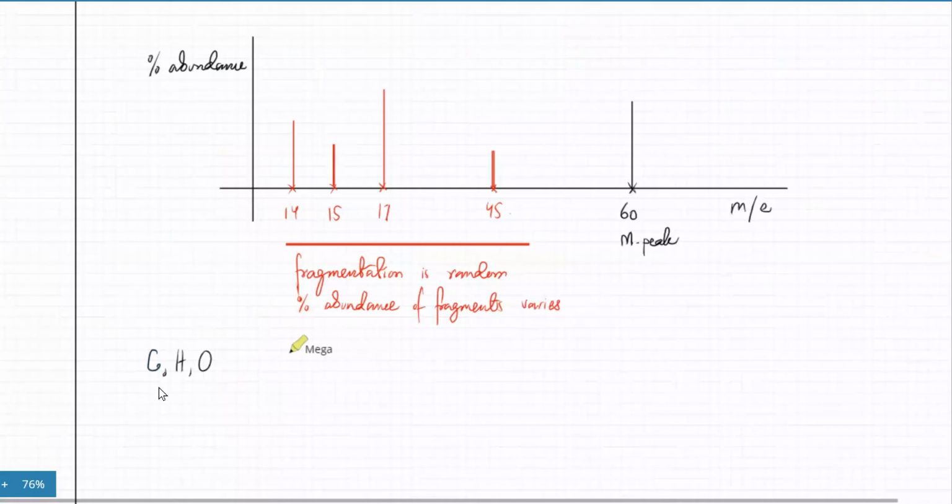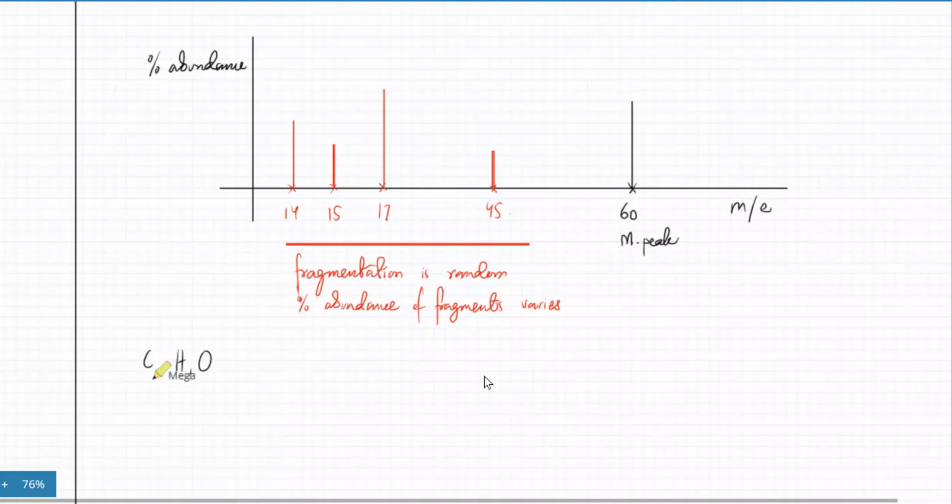And even the identity of the atoms can be obtained over here. You might get a single hydrogen atom as well. So you might get some detection at 1, you might get a detection at 16, you might get a detection at 12 as well. So based on this, let's assume that we know that it's got carbon,